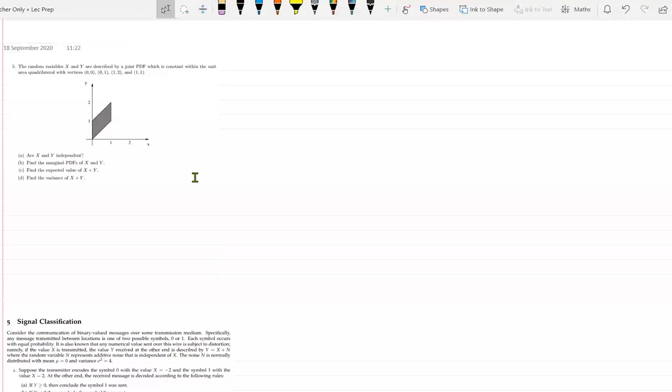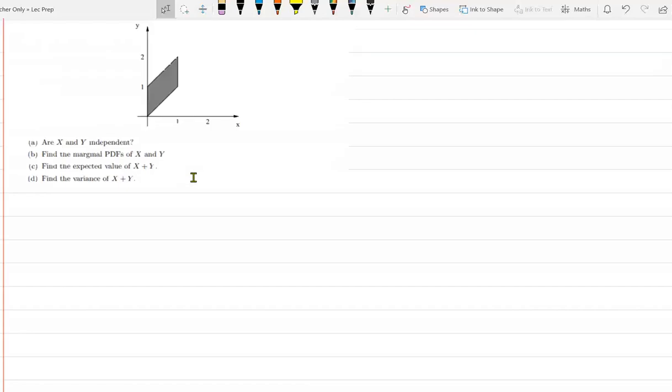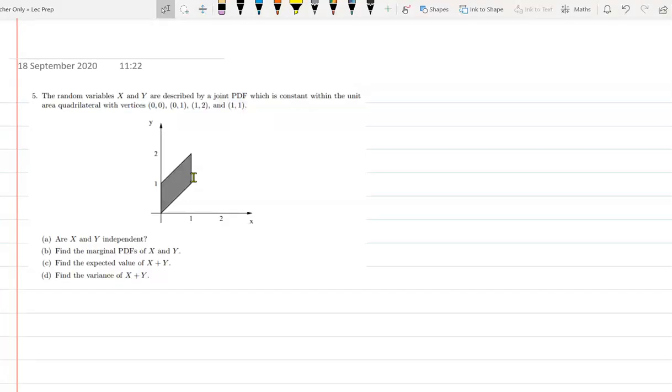Yeah, so the problem is the following. Okay, so you are given random variables x and y. The distribution is given as a graph. Yeah, so x is this, y is this, and the probability density function is constant in this quadrilateral. In this area, it is a constant value. Okay, we are not told what that constant value is. So how do you find the joint density function of x and y?